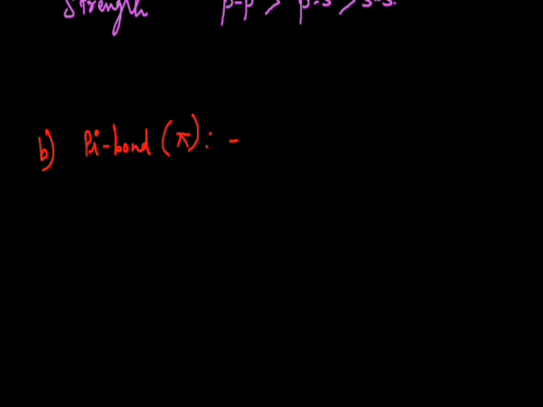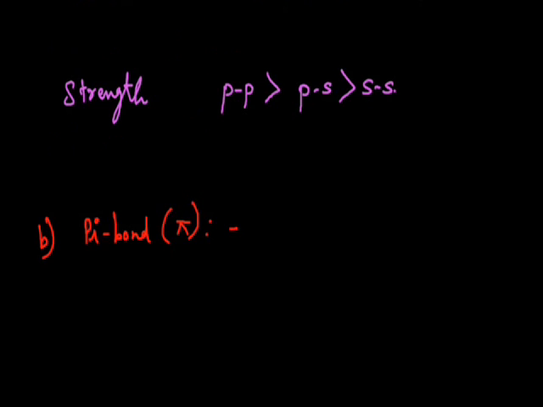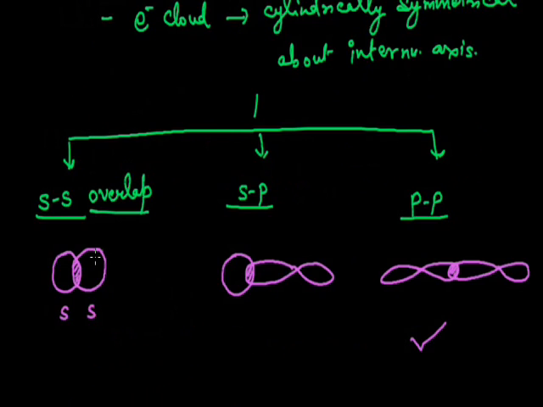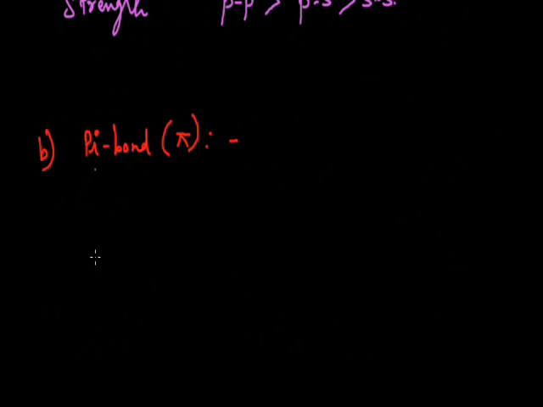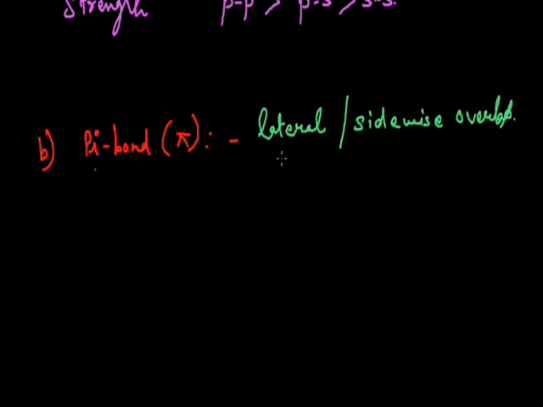It is formed due to the lateral or sidewise overlapping of the atomic orbitals. The overlapping takes place in such a way that the axis of the orbitals